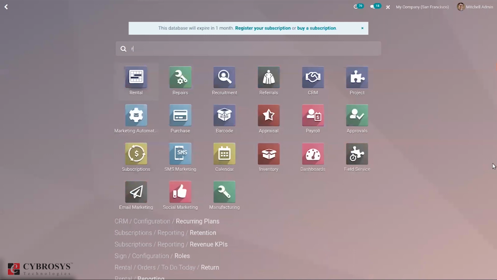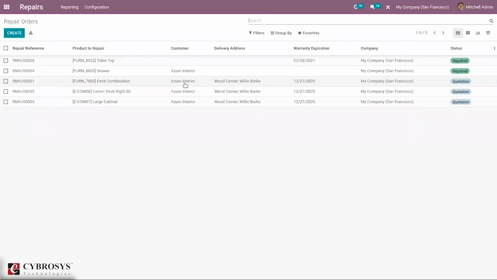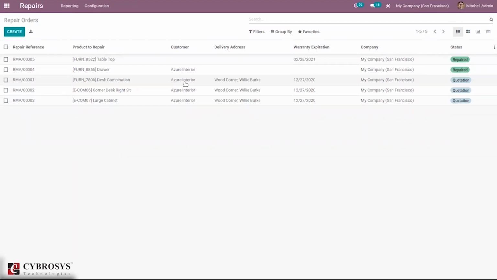Then we have a module that is repair management, repairs. So this is used to create repair orders for damaged products. So this is integrated with manufacturing and inventory modules. So it helps to address the wear and tear of products due to long-term storage in inventory. So it helps to carry out a repair service to products with warranty, and it supports the user to repair or replace a product that is partially or fully damaged.